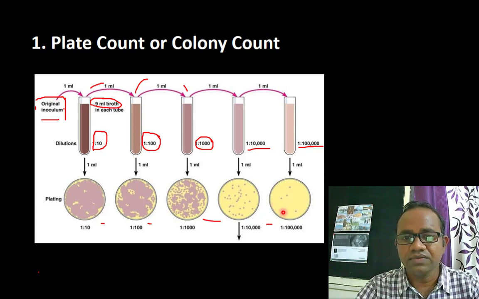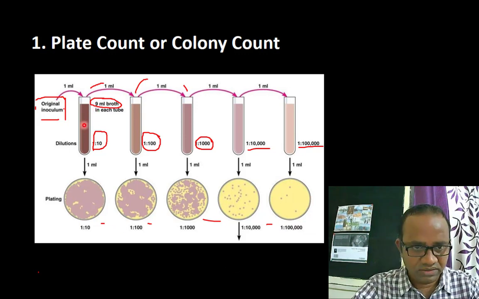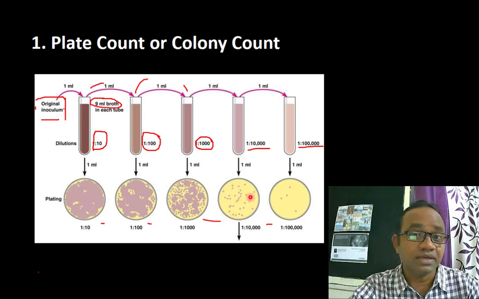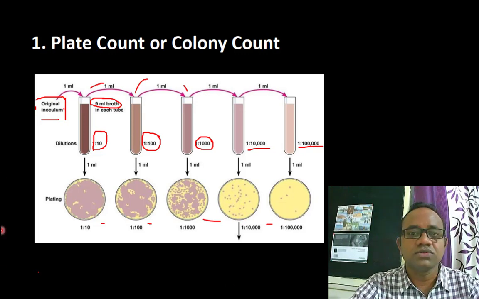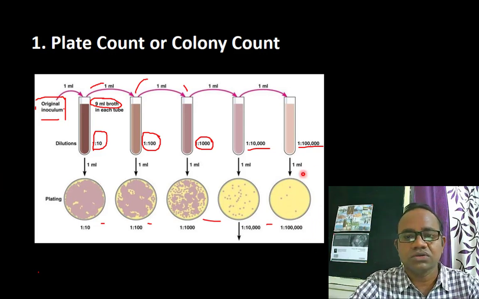So we will get the very well isolated couple of colonies at the last dilution. Okay. So as the dilution increases, the number of bacteria decreases. Here in this plate after incubation you can see the more compacted growth, quite compacted growth. Then as the dilution increases, the number of bacteria also decreases. So you have less bacteria here and less bacteria here. So we will select the plate like this, and we can count colonies easily on the last dilution.